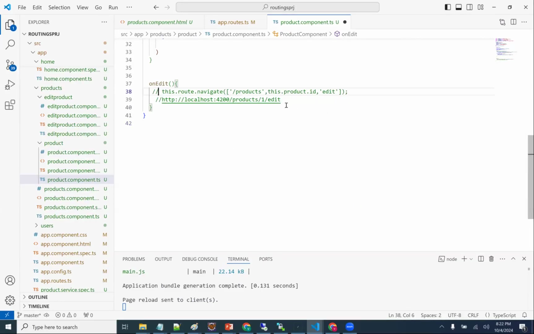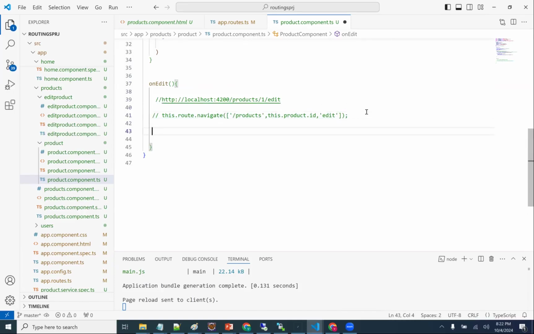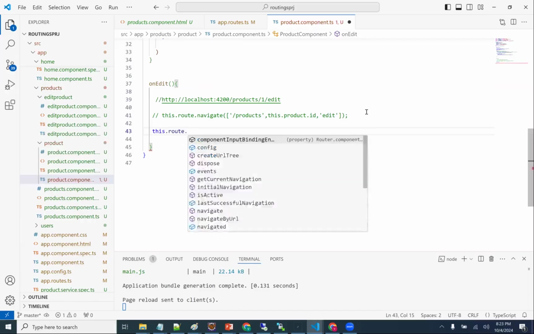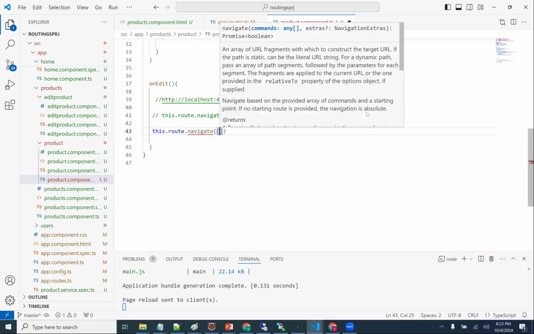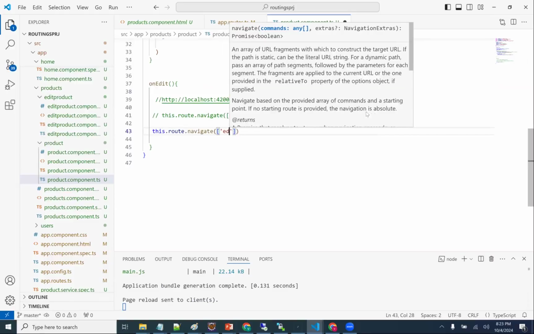So what I'm going to do here, I will comment this area. One second, guys. I'm going to remove this. Sir, this is my old code. What I need to do here is this dot route dot navigate of edit.